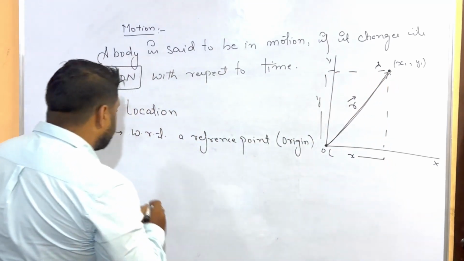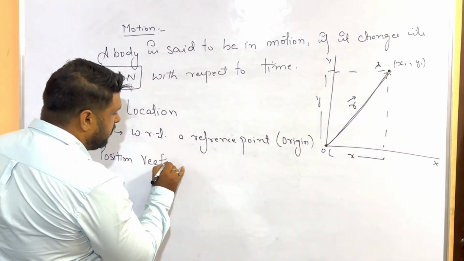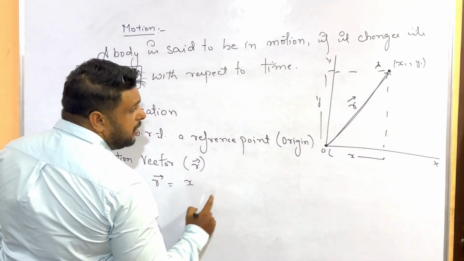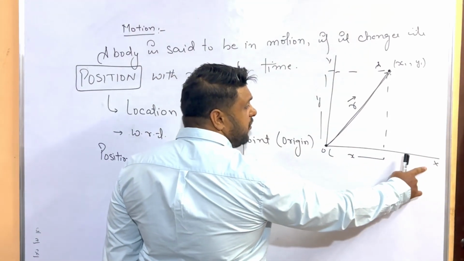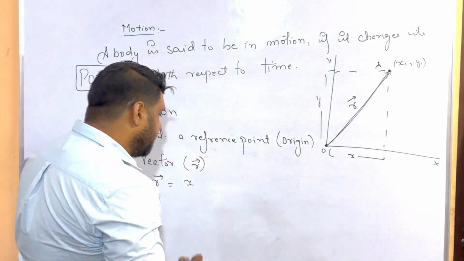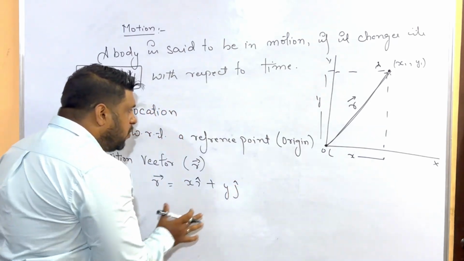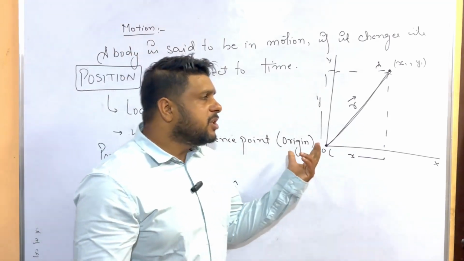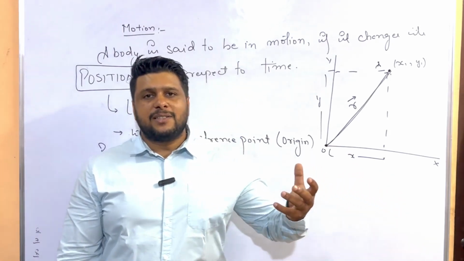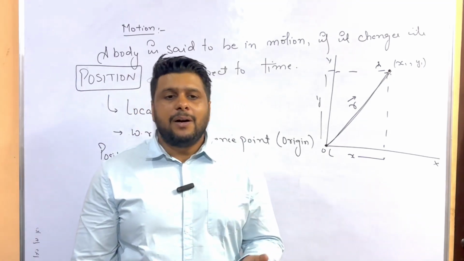Okay. So position vector, how do we define position vector? This thing we have studied earlier also. Position vector, which is r, is given by x, and this x is in the direction of the x coordinate, and for the x coordinate we use i cap. So x i cap plus y j cap. So this is how we define position vector. I'm just making you remember what we have studied in vectors, because vectors is going to have a massive application in your kinematics, not kinematics, the whole of mechanics.